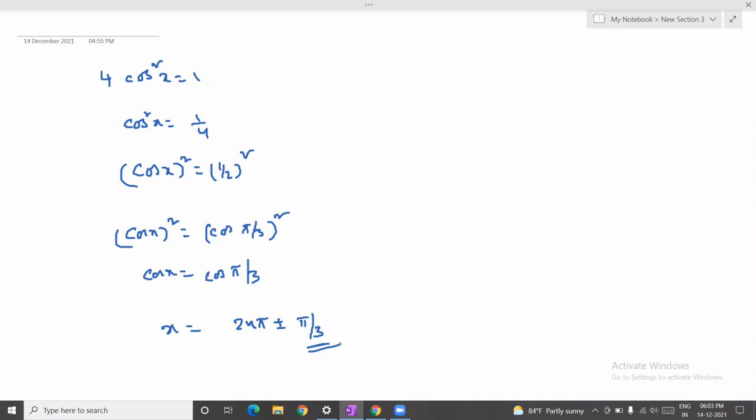Is it clear, students? Yes, sir. Yeah. So you try to solve some other questions. What other resources we are having? I will share one worksheet and we will go for one exam also for this trigonometry topic because it's very important for your entrances or +2, because 60% of the +2 decides based on your trigonometric skills. So we'll meet in the next class and we'll start inequalities in the next class.